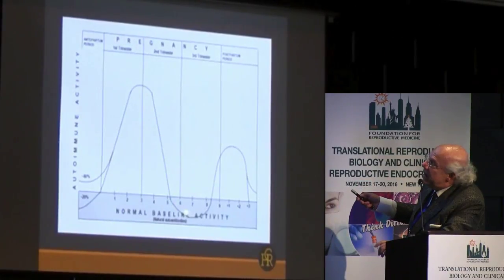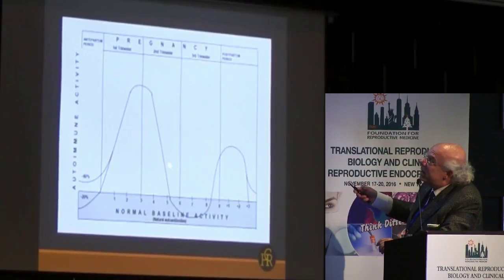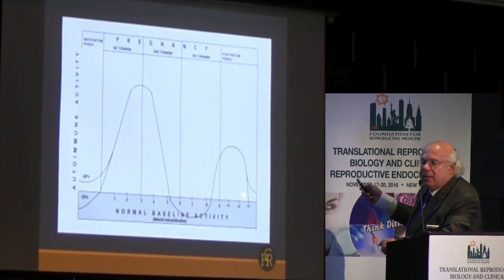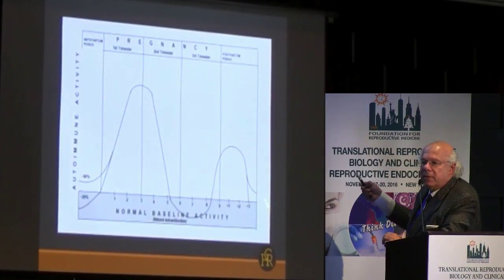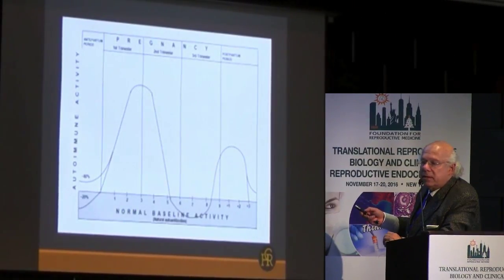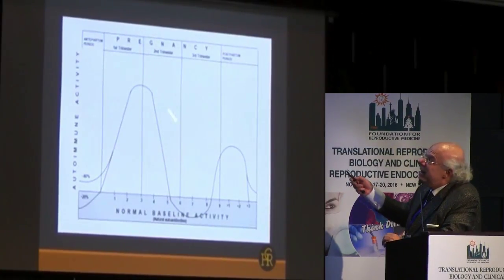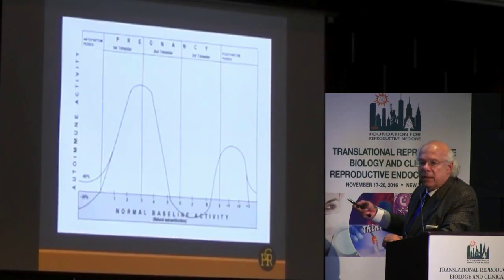And as you see, as I described before, very quickly in response to treatment, the immune abnormalities drop. And you see then a second peak late in pregnancy. But this peak is no longer in need of immunological treatment. This we pass on to our perinatology colleagues for treatment. So the important part for us is this peak. And this peak can last a little longer or can last a little shorter.